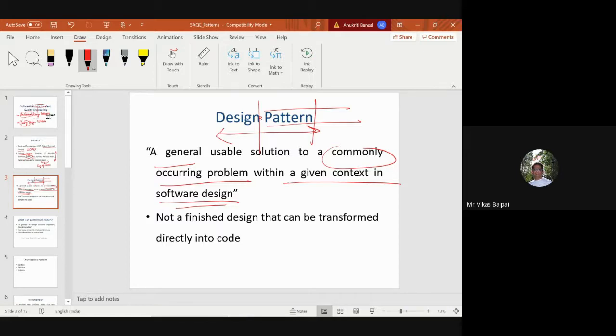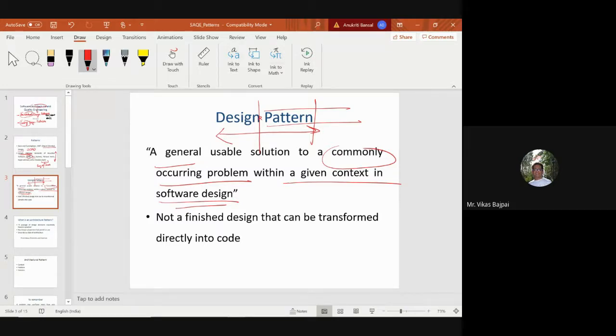In our clothes, we say that, okay, this is a pattern which is followed by people these days. So the basic term pattern stands for something which is occurring and reoccurring. And in our software context, it is a solution to a commonly occurring problem within a given context in your software design.